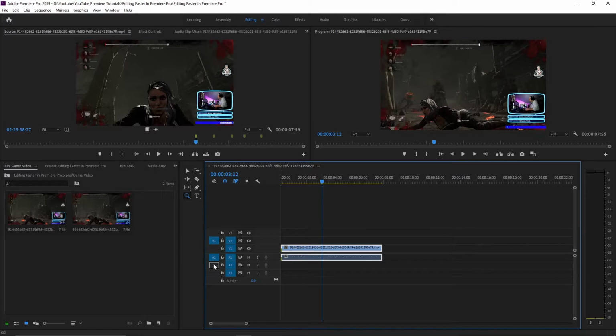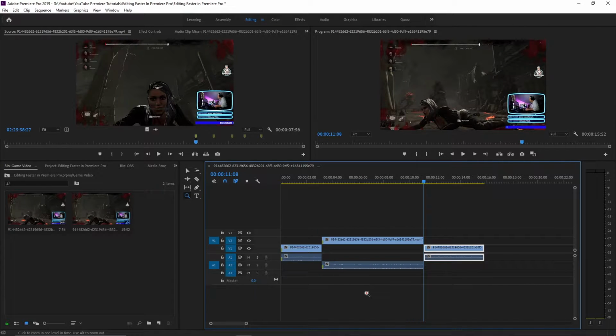And we're going to go to video 2 and audio 2 to kind of demonstrate this a little bit better. If I hit insert, see how it pushed from that moment down? It split that clip and pushed it down. So it's forcing everything down the timeline and inserting into the timeline right where you asked it to, the video